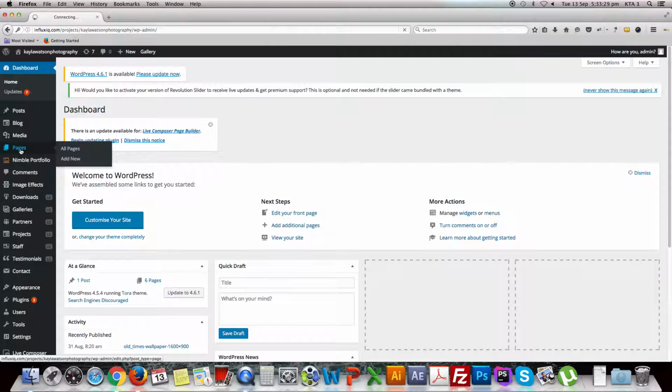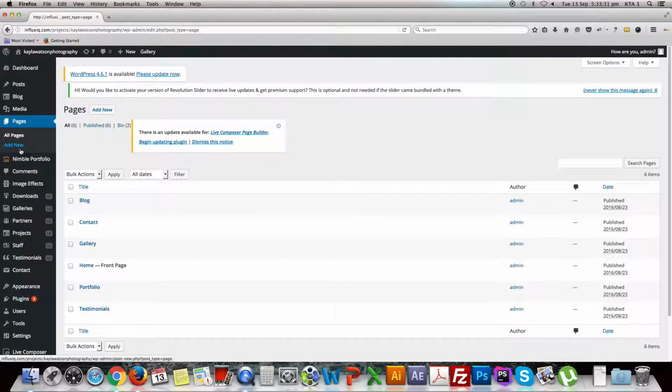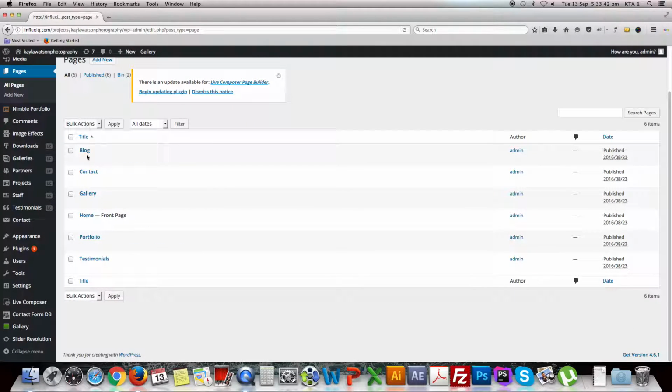To make changes to any page, first go to the page manager and click All Pages. Here you can see the list of pages available.